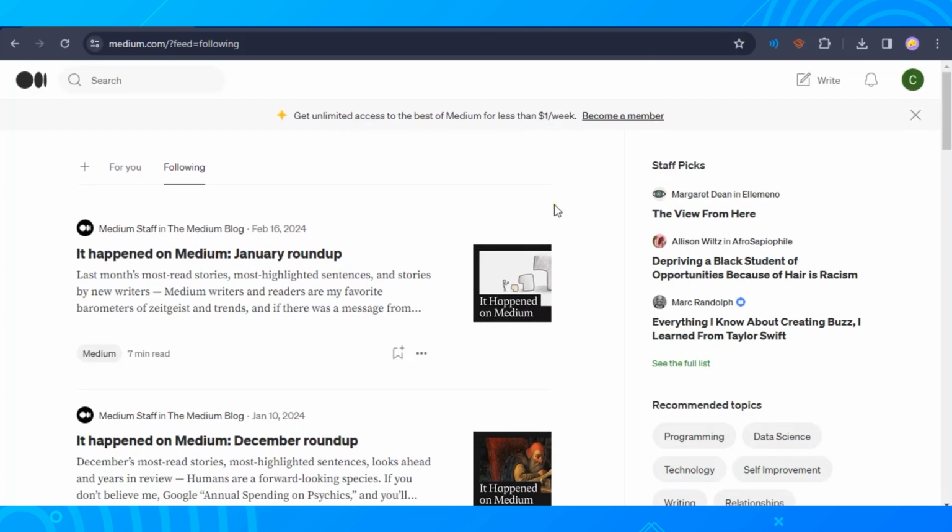It is free to use Medium as a writer, but if you want to be able to read more than 3 stories per month, you'll need to pay a monthly subscription. It is also stated right here: get unlimited access to the best of Medium for less than $1 a week. So you can write on the platform without a subscription, and you can even earn money from your stories